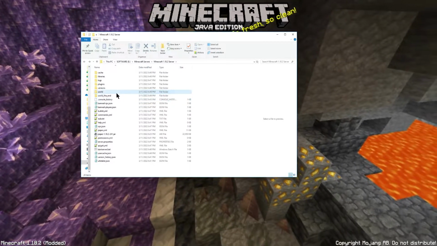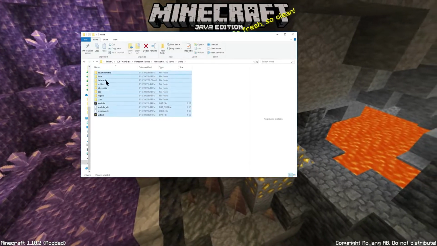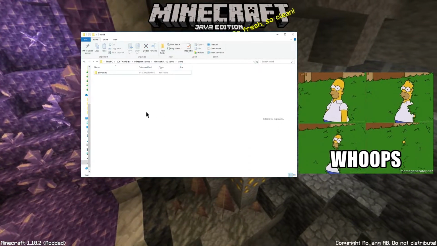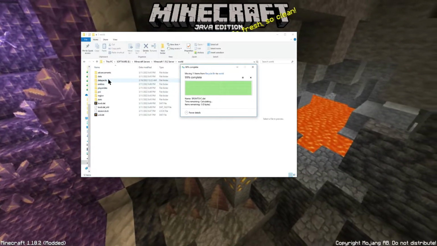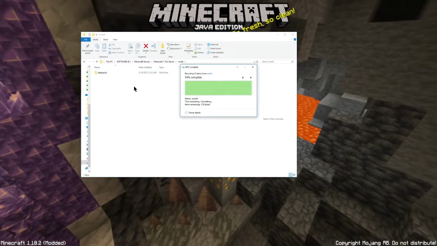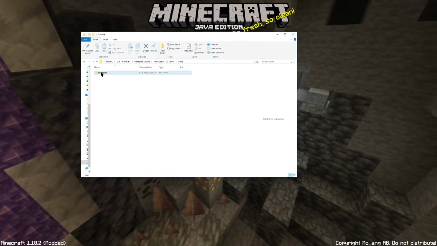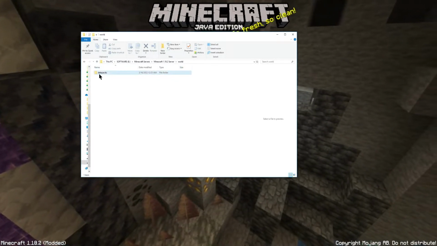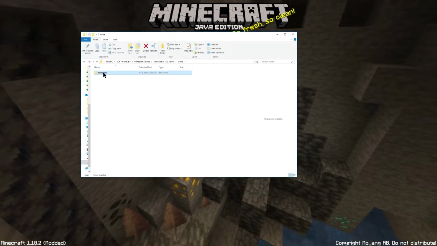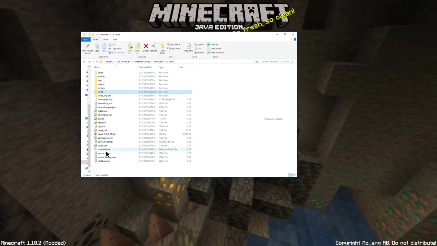But if you had a data pack that affected your world overall and you weren't afraid to start it over, what you would want to do is delete everything besides your data pack folder. So if you loaded something that changed the overworld itself, you would want to load the data pack folder in there, leave that as the only folder within there